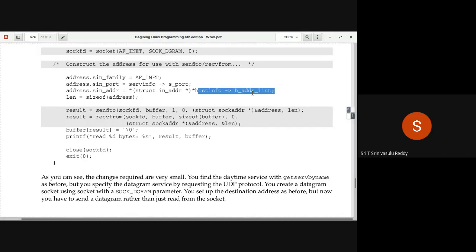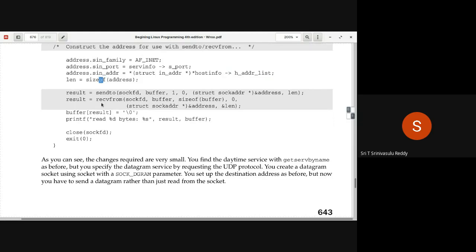But what is important is filling the structure, no change, right? For the time being, don't pay attention to this. But you understand there is no change from connection-oriented to connectionless as far as filling the address structure is concerned. Only changes in the socket creation.